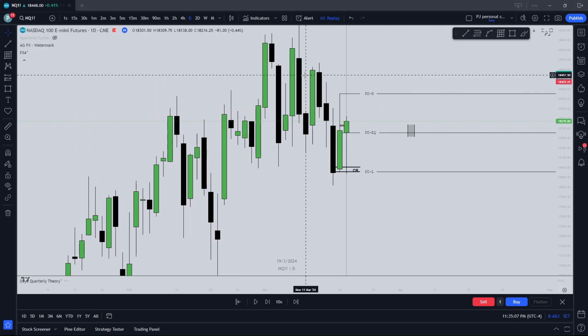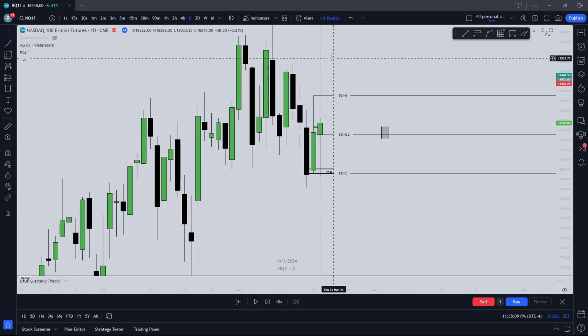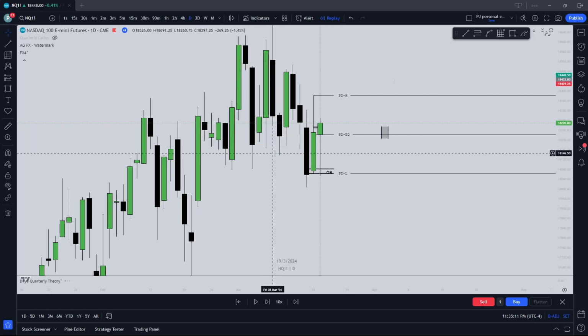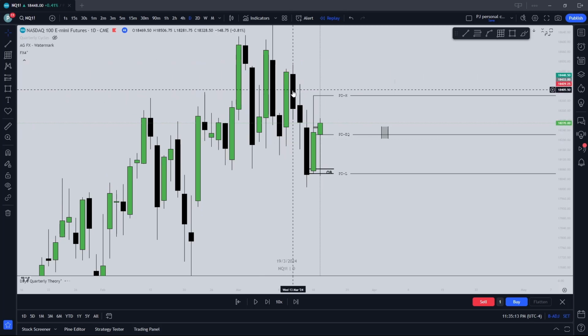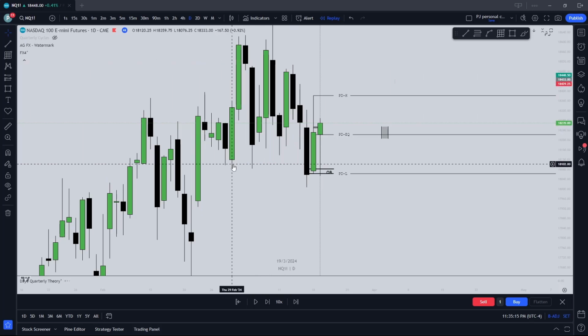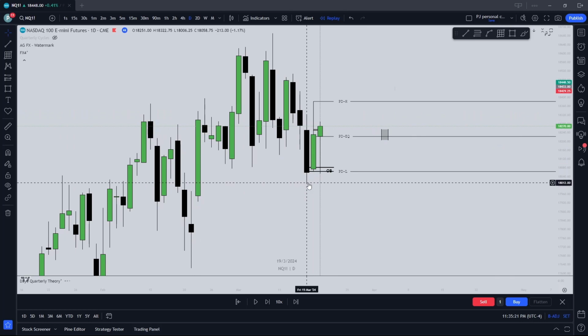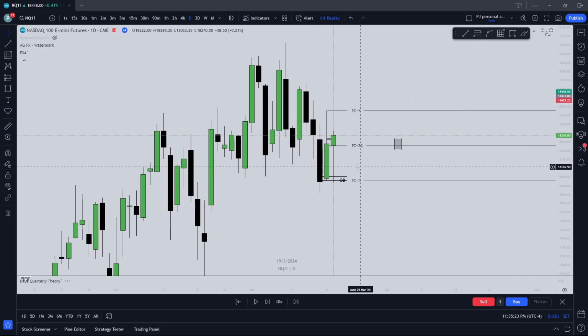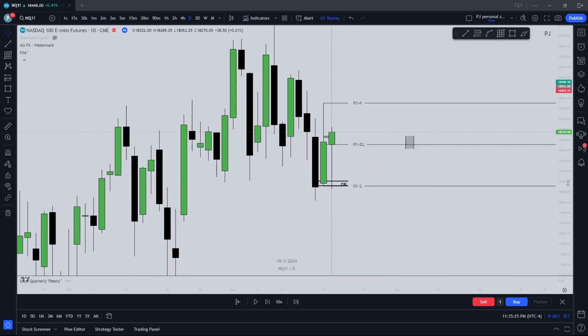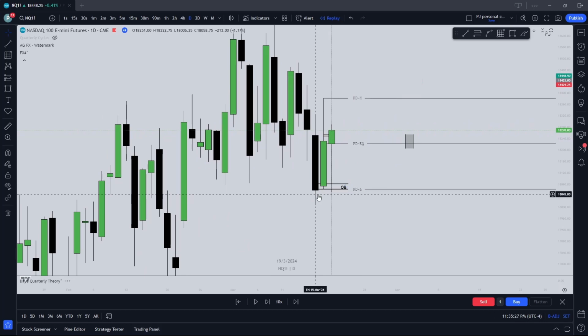We can see we accumulate within a range, sweep the range high, right? Deliver bearishly, come back to the order block, right? And sweep an internal sell side level into a fair value gap. Okay, so then we wick up, close, all right, and then on the Monday, see this is Friday, on this